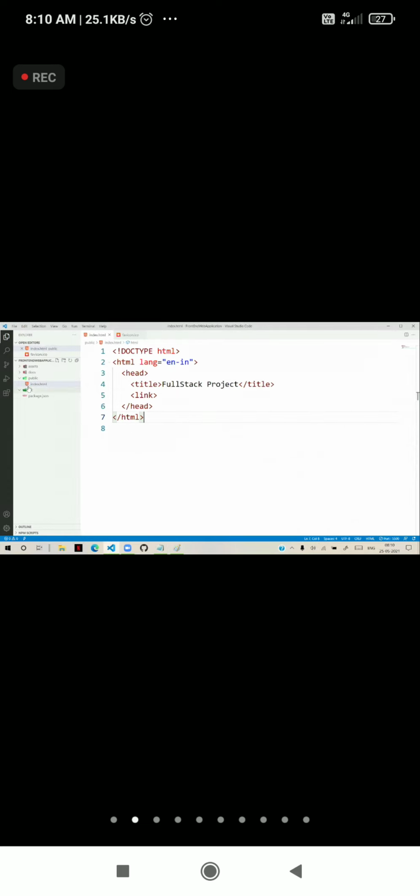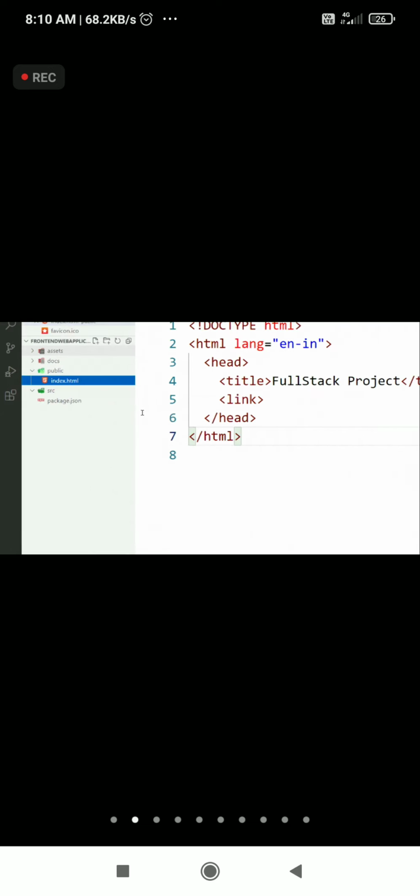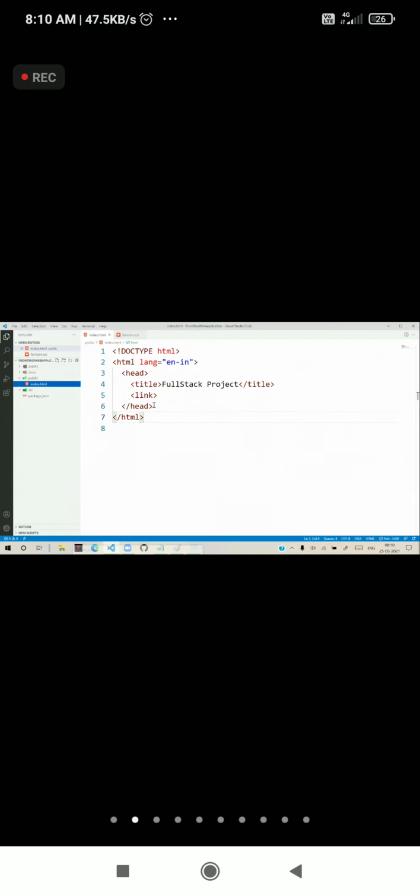So that means currently our file is index in the public folder. We have to come out of this public folder and go to the assets folder. Then what we have to do is, link href. Href indicates the path, the reference path. Reference path dot slash. In assets, we have favicon. That is what you have to define.